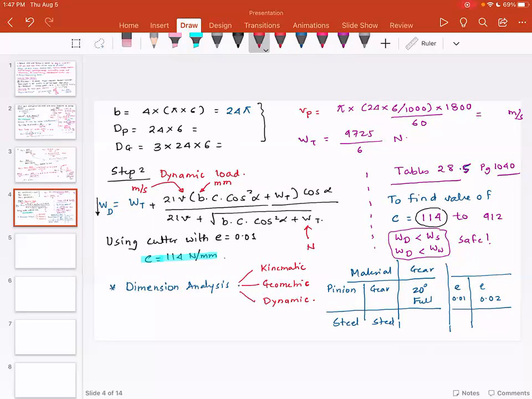For example, if you want to construct a dam, clearly you can't test the full-fledged dam because it's not built yet. So what you do is you construct a small scale model of the dam and then use these dimensional analysis